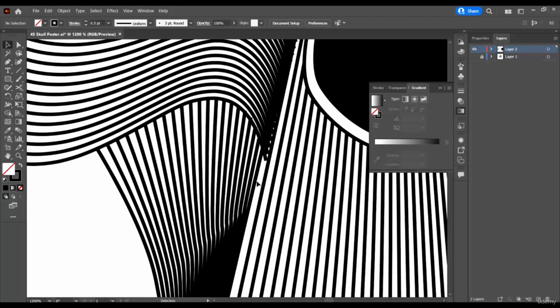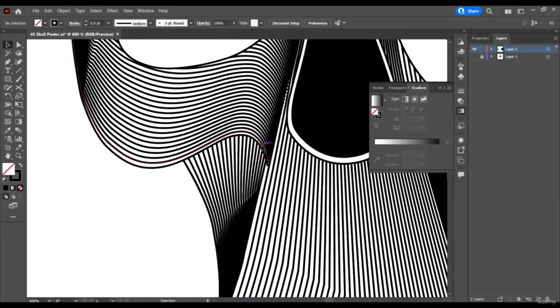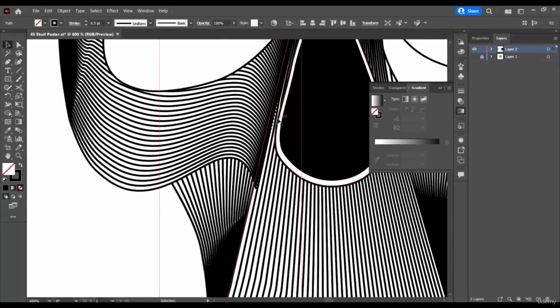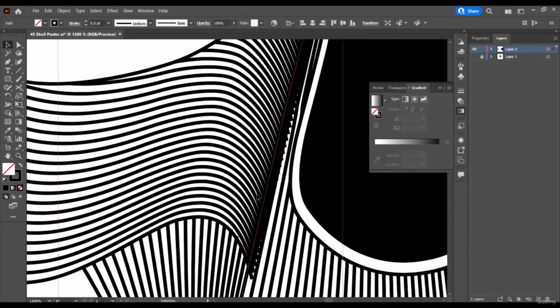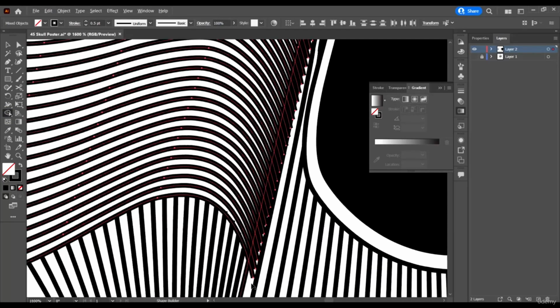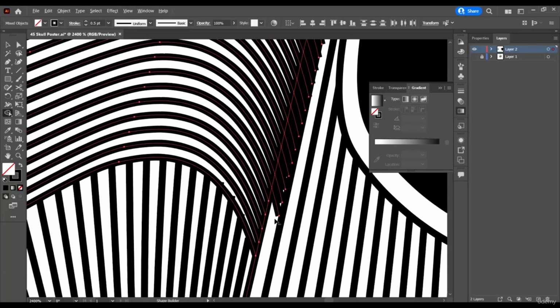And I think we should trim these ones that just came out. Okay, we should just trim them. Okay, that's with this line. So select the line and select them, and then go to your shape builder tool, hold down Alt and just drag them out like this.